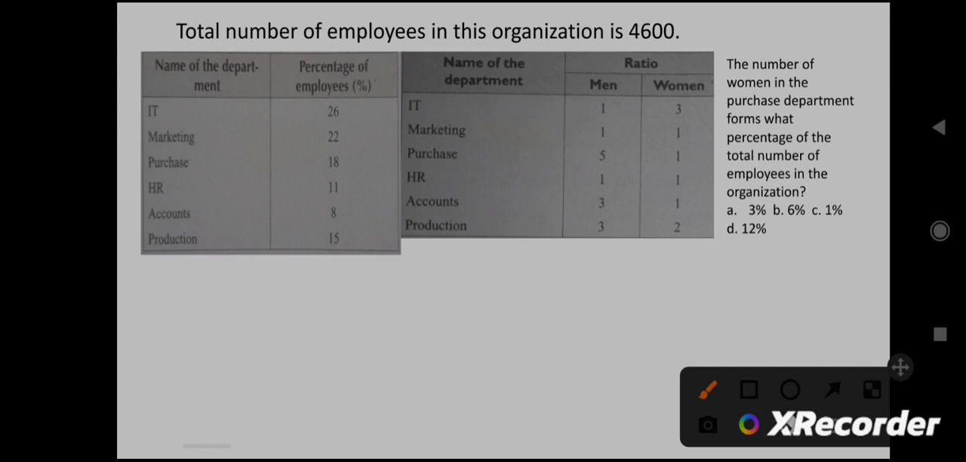Our next question is, the number of women in the purchase department forms what percentage of the total number of employees in the organization? So in this, from the previous question, you can go back and see, we have found out that women in purchase department were 138. So let me write it here: women in purchase department were 138. So they are asking what percentage of 138 is,